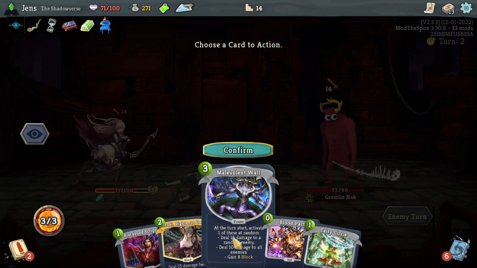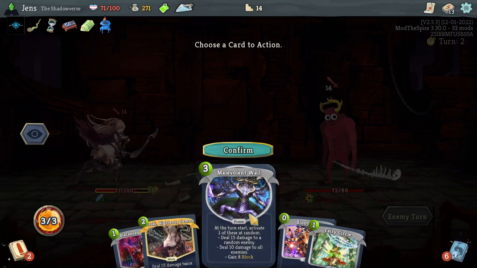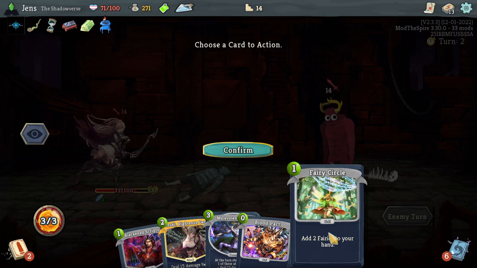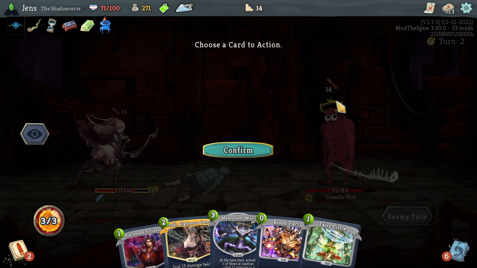Well, Malevolent Wall becomes a 2, doesn't it? Remember, it does when it's upgraded? Yeah, so then I could do that and Fairy Circle. Yeah, and that Fairy Circle's worth 8 block. Although Fairy Circle is also a skill, so...